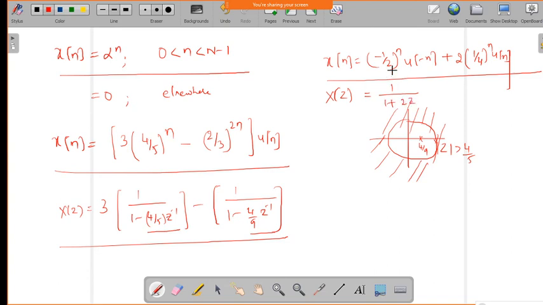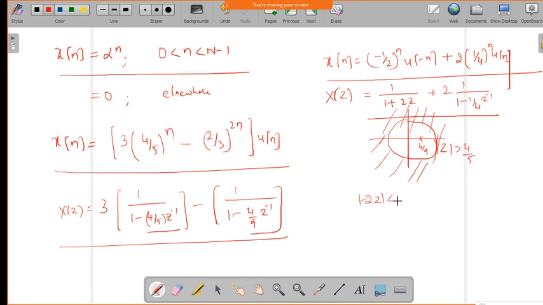Are you getting this for this one? And plus 2 into 1 over 1 minus 4 times z inverse. So this is your X(z), and you will get the ROC, that is magnitude of minus 2z